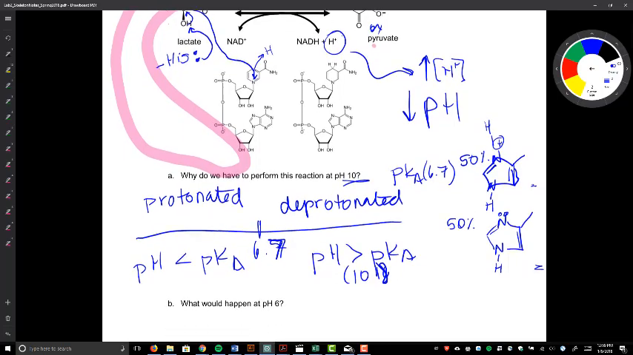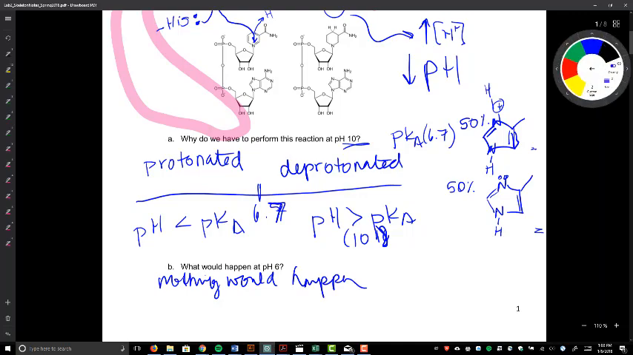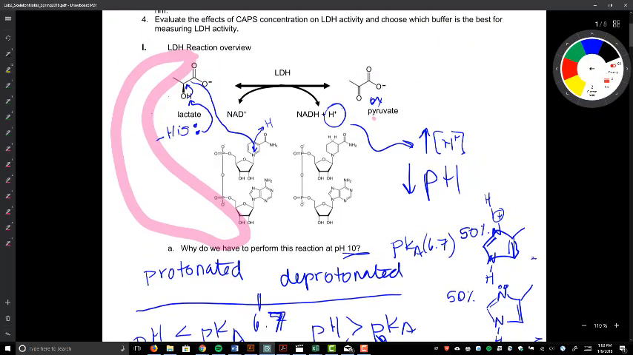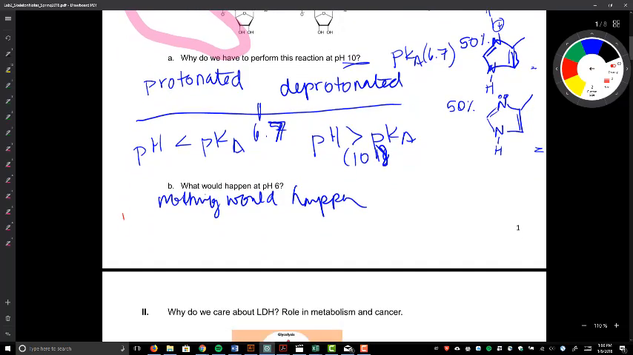So what would happen if we were to change the pH? If we changed the pH and we added lactate and NAD+, nothing would happen. And that's because if we had the active site and the histidine was protonated, it would not be able to get in there and pluck the proton. So nothing would happen. However, if we had pyruvate